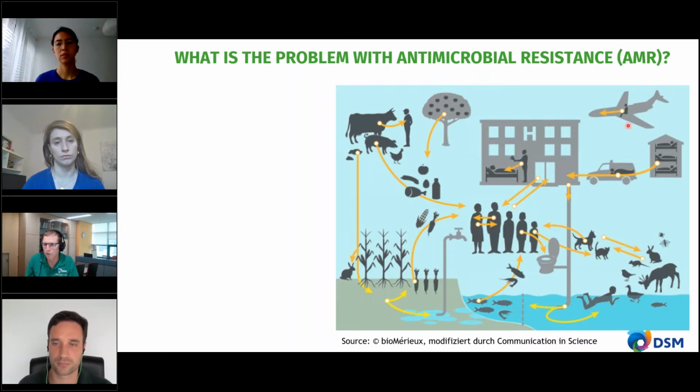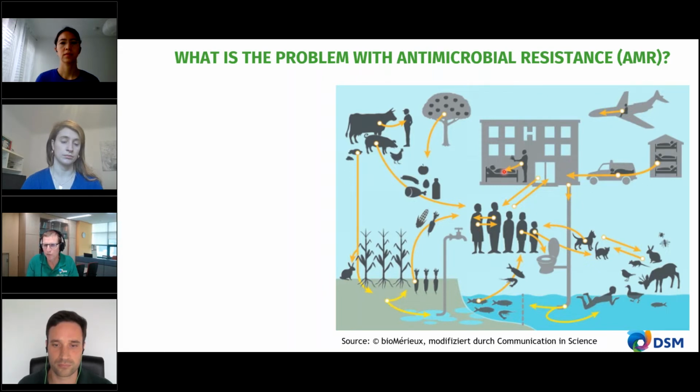We also know, as we've seen with the COVID crisis, that with the advent of fast travel through planes, resistances can be transferred rapidly around the globe very quickly. And at the heart of the situation about AMR is that if people get sick, get taken to a hospital, we have no antibiotics that will work against these bugs. And it is a serious issue in terms of preventing us as humans from dying.